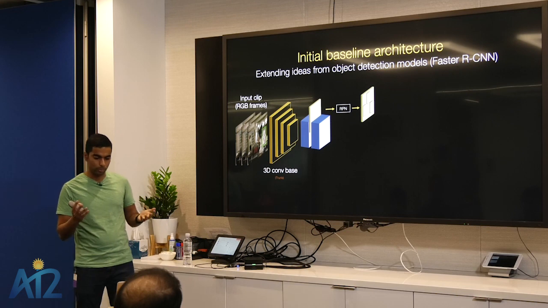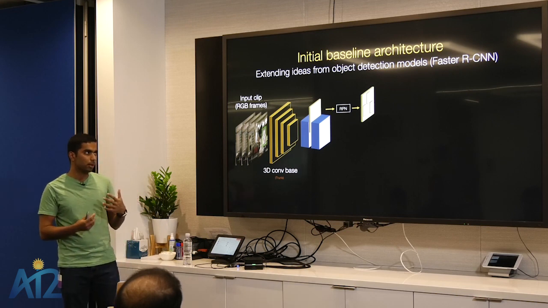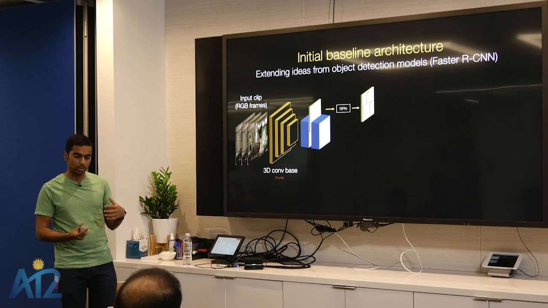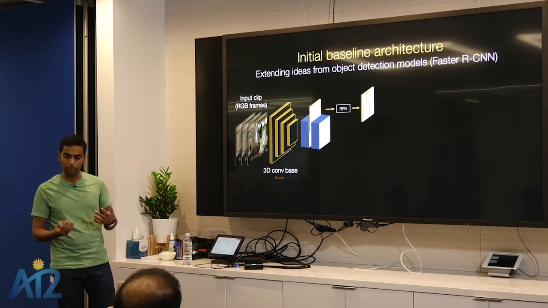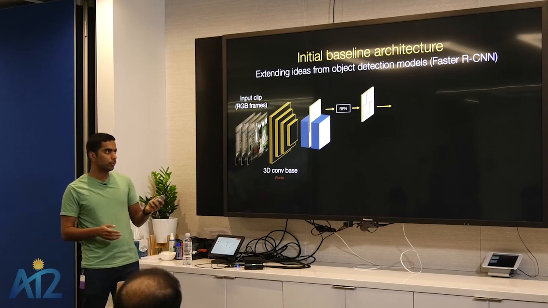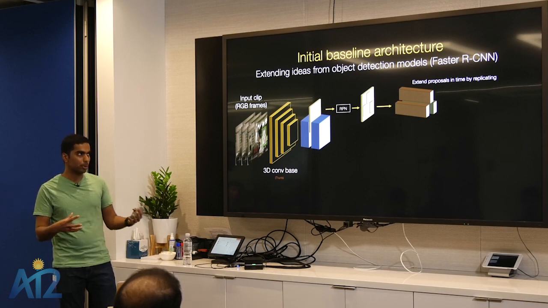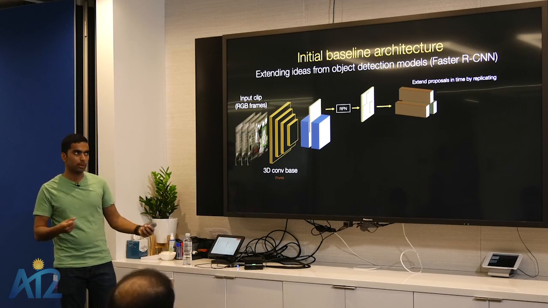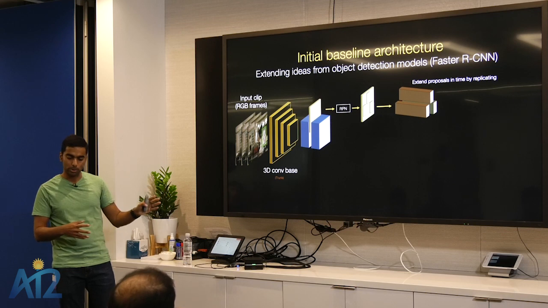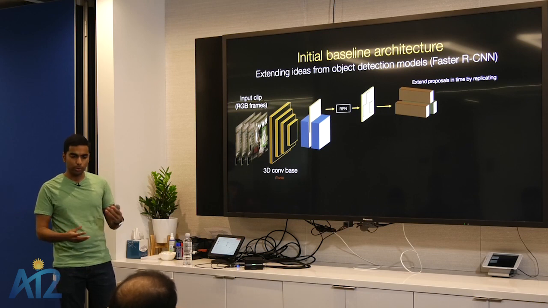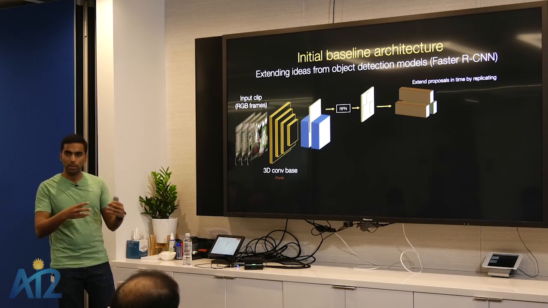That's again very similar to Faster RCNN, and that gives us a bunch of proposed boxes in this keyframe of where the people can be. And then for each of these, we can extend them in time. Since we have the time dimension as well, we want to also encode the temporal aspect of these boxes. Note that this is obviously an approximation. People could have moved a little bit over the short video clip, but we assume that in short video clips with high frame rate, people don't move that much, so we can assume that they just moved